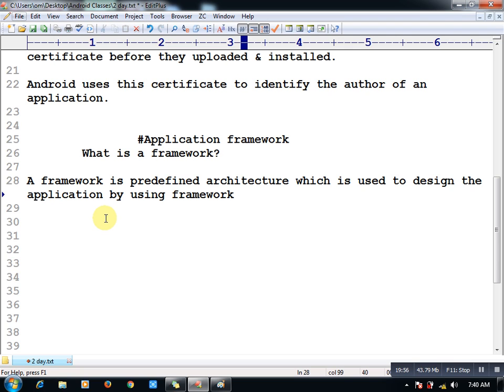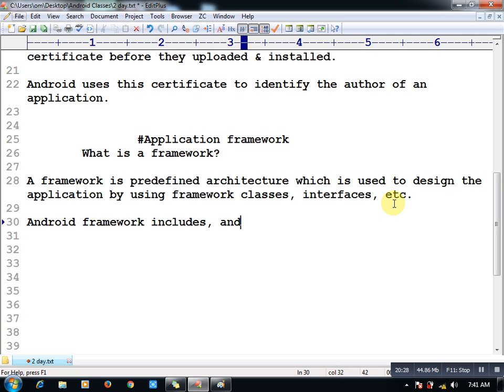Java should be there. Basic environment, classes, interfaces, etc. The Android framework includes, now I'm using the terminology called Android framework. Okay. The framework includes Android APIs such as user interfaces,